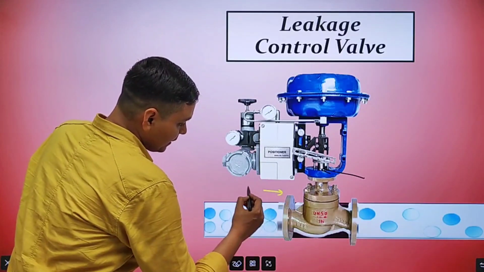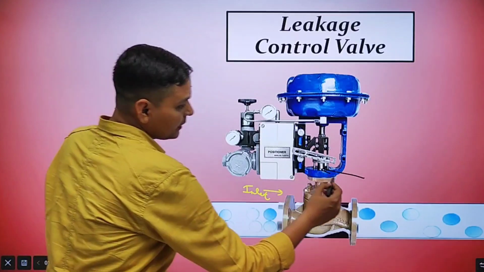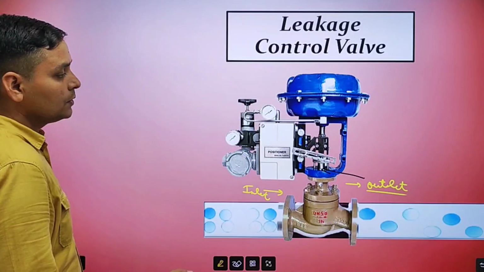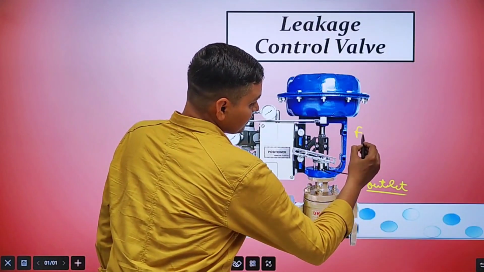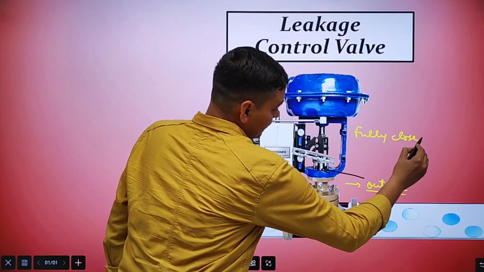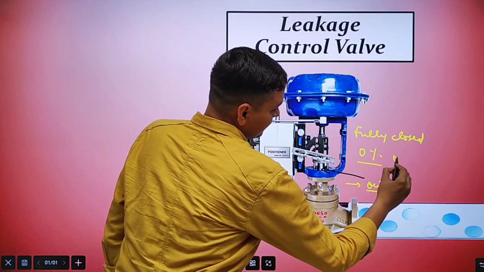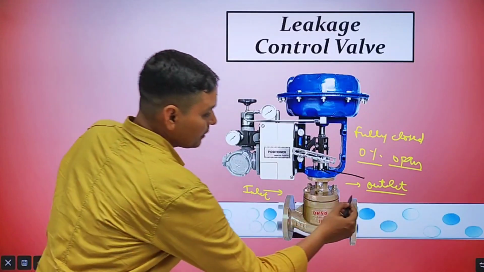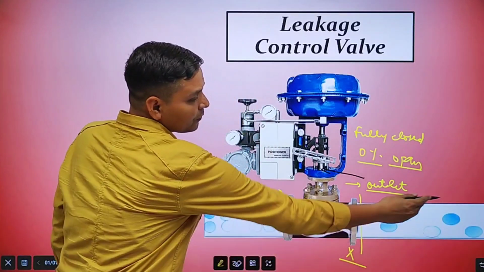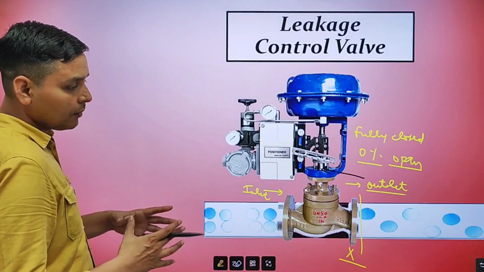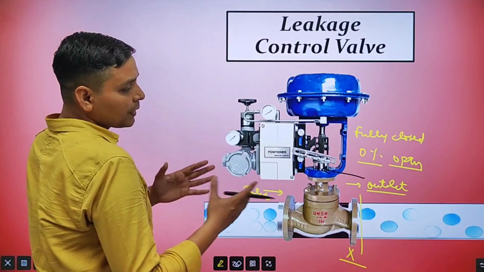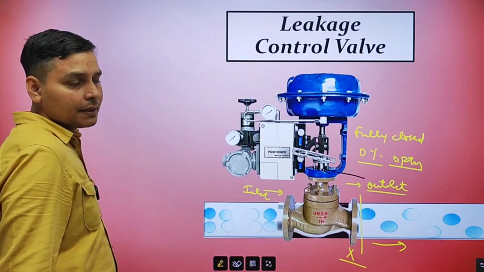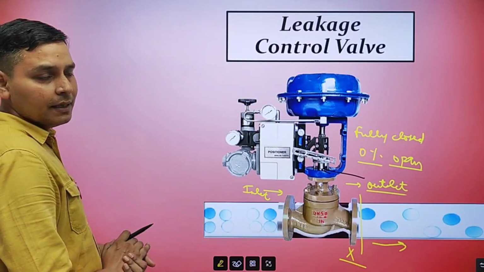Suppose it is the inlet for control valve, and here it is the outlet for control valve. So if control valve is fully closed or 0% open, in that case it should not pass the fluid flow in the outlet, but sometimes it passes some fluid flow in the outlet, then it is known as leakage control valve.